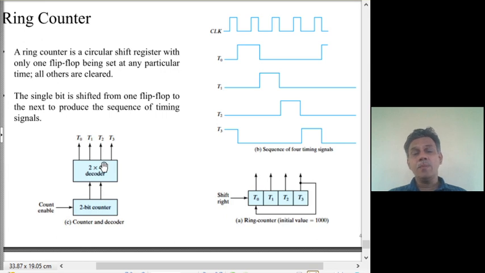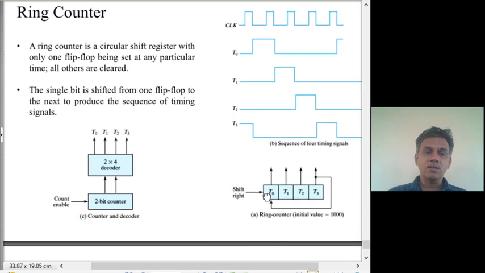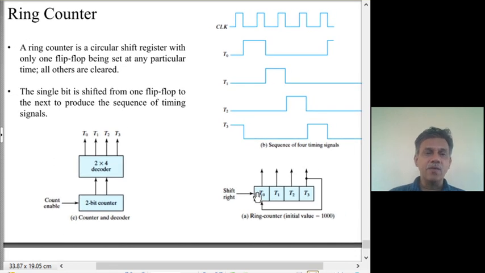But the decoder now will be a 4 to 16 decoder. You need 16 4-input AND gates. Again, if you cannot realize 4-input AND gates, and you only realize in terms of 2-input AND gates, many AND gates would be required here. So you can compare and contrast the complexity in terms of the number of gates required between this and this configuration. We call this a ring counter because the one keeps revolving, like a ring. The single bit is shifted from one flip-flop to another.